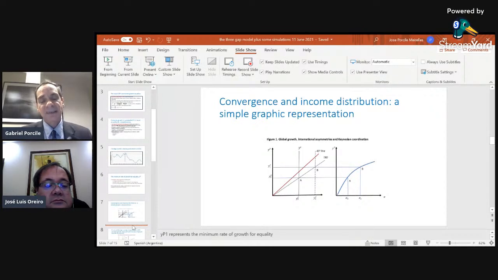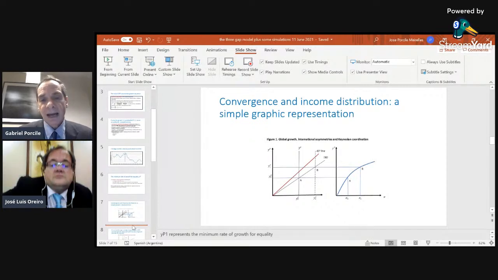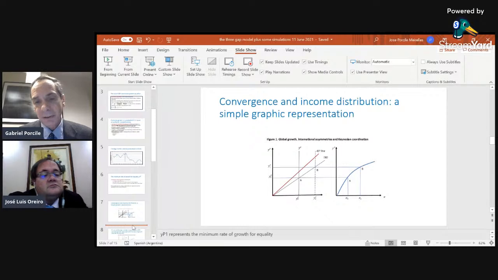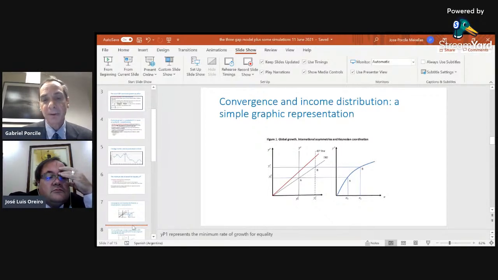This is the schedule produced by the Thirlwall equation, in which the rate of growth with external equilibrium of the periphery increases with the rate of growth of the center, and the slope of the schedule equals the income elasticity ratio, the income elasticity of exports divided by the income elasticity of imports. The rate of growth of the center is given in y bar c, and the equilibrium rate of growth for the periphery is in point A,